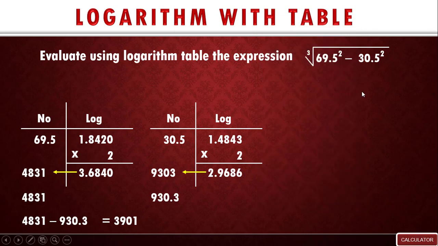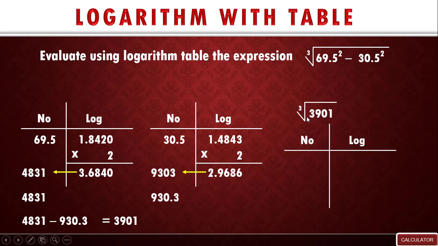Okay, the next thing, we now have something like this. That's the cube root of 3901. Since we are here now, all we need to do is to draw our number log, and then we put in the number 3901. The next thing to do is ask yourself the question, is this number greater than 1 or less than 1? Well, the number is greater than 1,